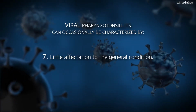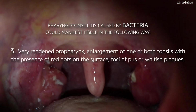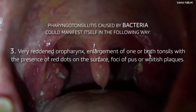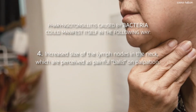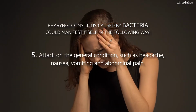the general condition. For its part, pharyngotonsillitis caused by bacteria could manifest itself in the following way: sudden start, high fever generally greater than 102 Fahrenheit degrees, very reddened oropharynx, enlargement of one or both tonsils with the presence of red dots on the surface, foci of pus or wiry plaques, increased size of the lymph nodes in the neck, which are perceived as painful balls on palpation, and attack on the general condition, such as headache, nausea, vomiting,